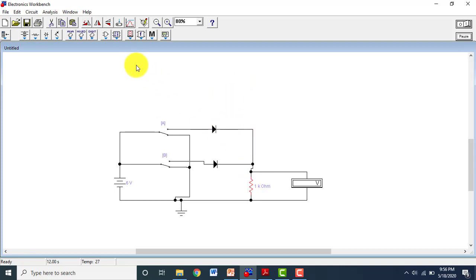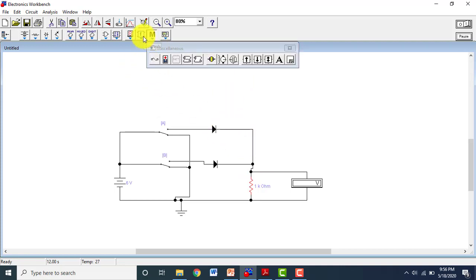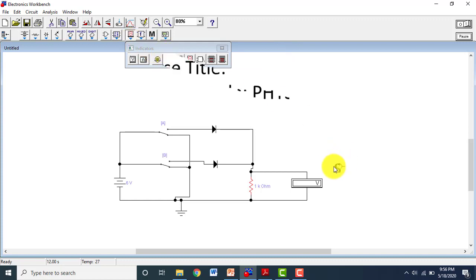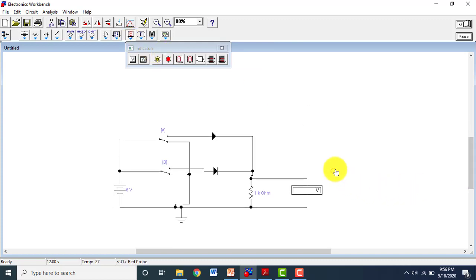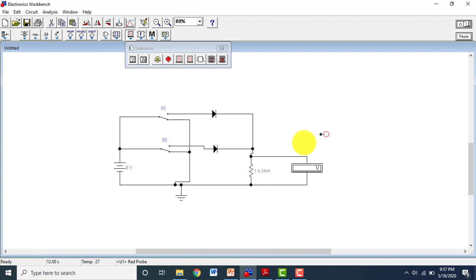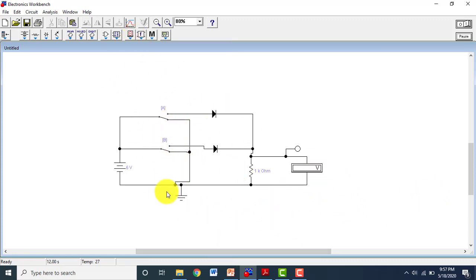Okay, it's your choice if you want to attach a bulb just to see whether your connection is on or off. So you can attach a bulb. I would like to attach a bulb here. So now the bulb is also attached. I can place this bulb near the switch. Okay, now we have to check and verify the logic connections.